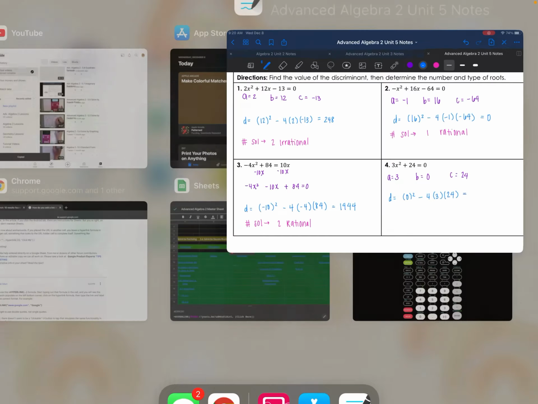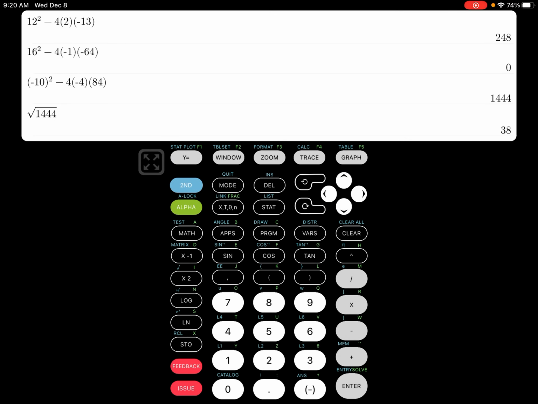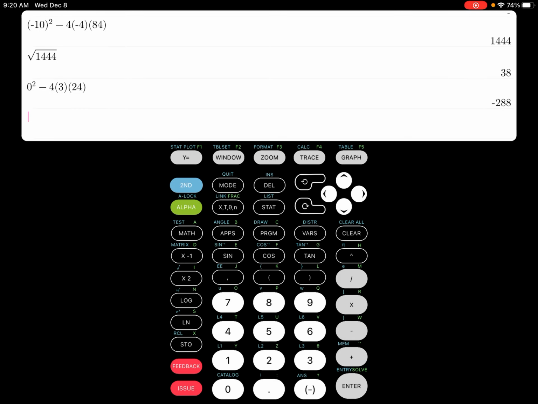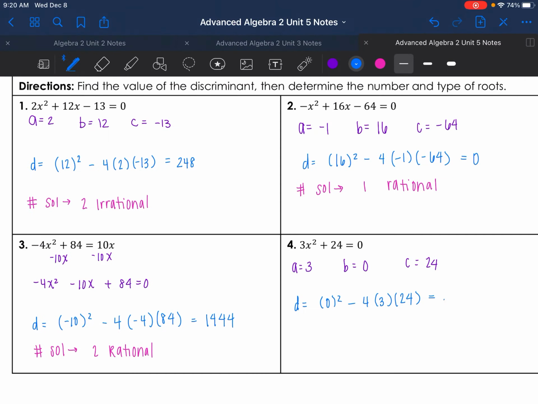Was that right? Yes. Oops. Well, rats. Oh, there we go. We get negative 288. So that is a negative number, which means that it has 2 imaginary